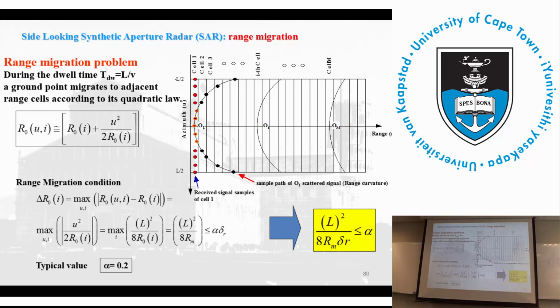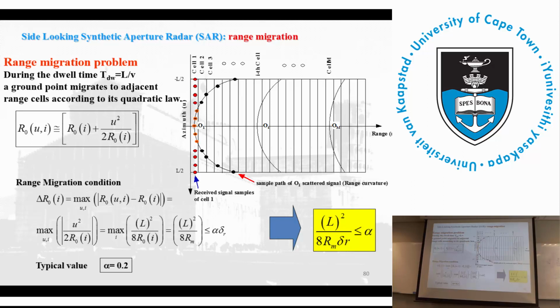So you can find your aperture limitation based on these parameters here, okay? Based on the range resolution you got, the minimum range, because of course you get the worst result at the minimum range, okay? And then basically you get this restriction on your aperture length. So then basically it limits your aperture maybe only to this point here, when your range migration